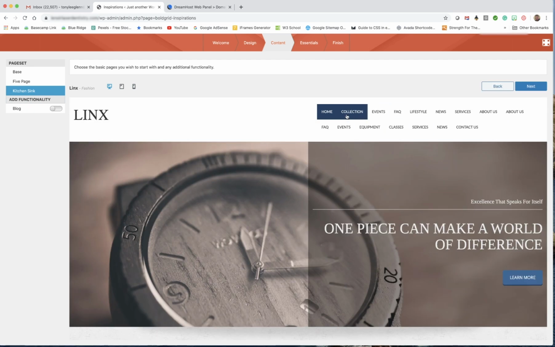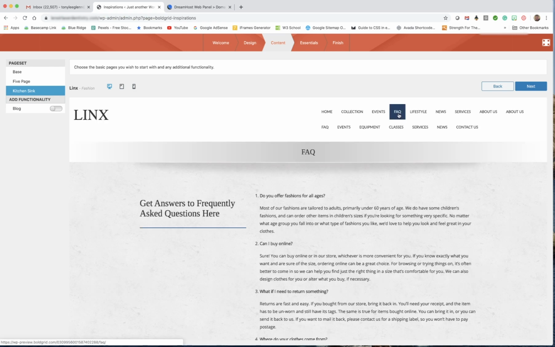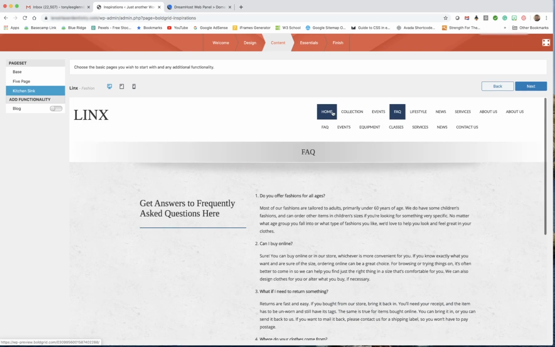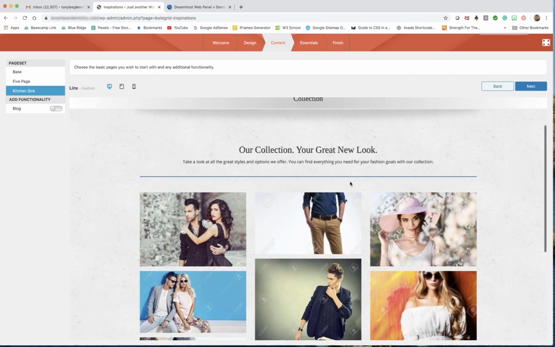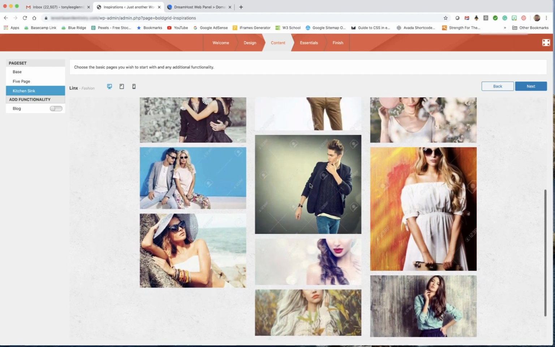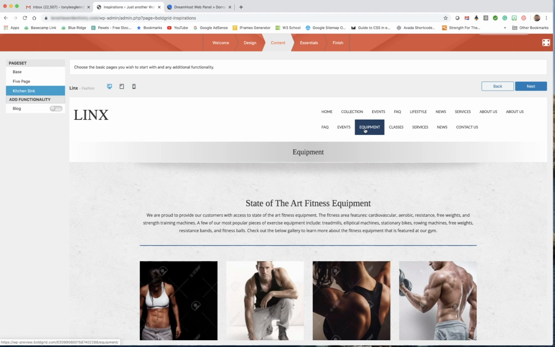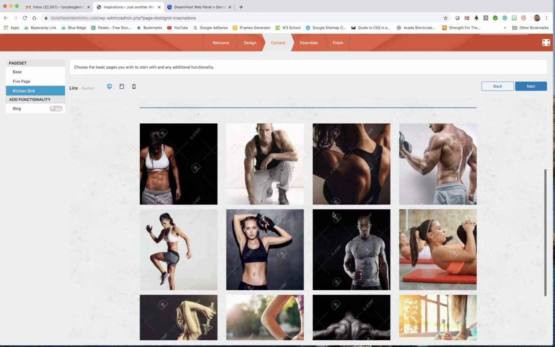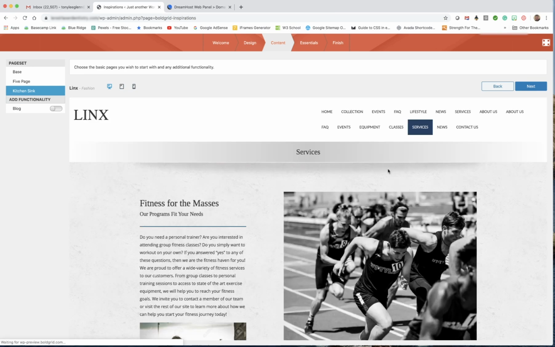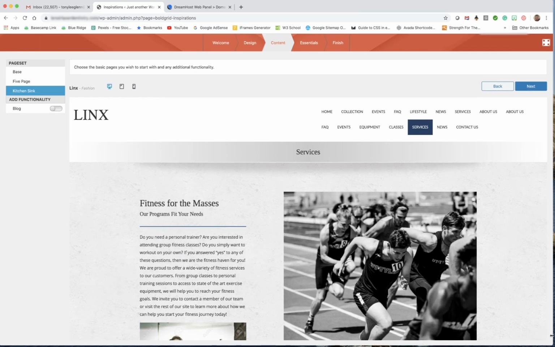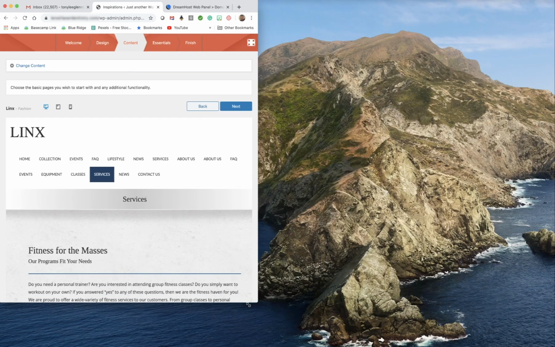And so here the kitchen sink has been put in, and now you can really go into the nitty-gritty of whether you like this template or not. There's your FAQs and how that would look. Here's the collection. Look at that. Nice little galleries and stuff they put in. These galleries, by the way, are super easy to edit. Equip. They're showing a bunch of exercise, muscle-bound people. So these are all just really well done pages, and as you see, all of them are very elegantly put together